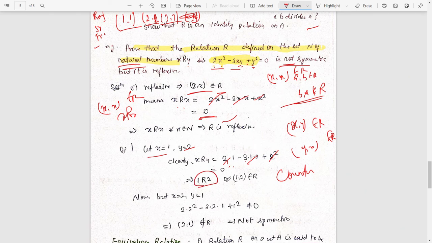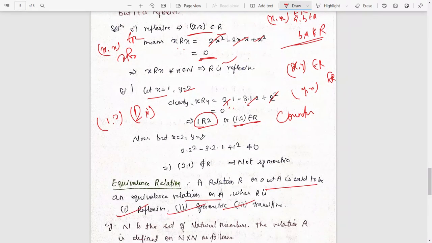So this is equal to 0. This implies that 1 is related to 2, meaning (1, 2) belongs to R. Now let's see whether (2, 1) also belongs to R or not. We check (2, 1), x is equal to 2 and y is equal to 1. If (x, y) belongs to R, then (y, x) should also belong to R, but this we need to check. How? Put y is equal to 1, x is equal to 2, just reversing the elements, and you find that this is some number that is not equal to 0. It implies that (2, 1) does not belong to R.